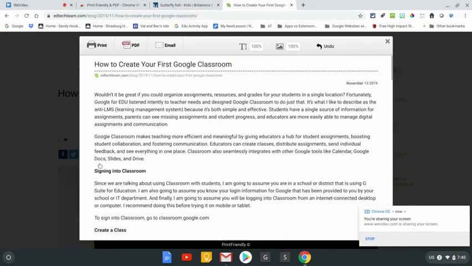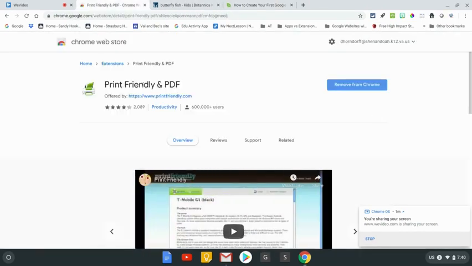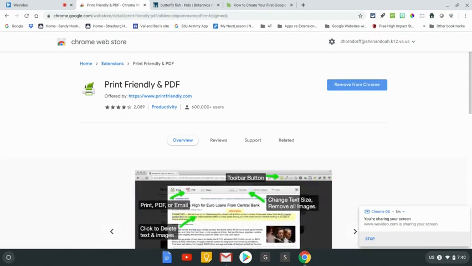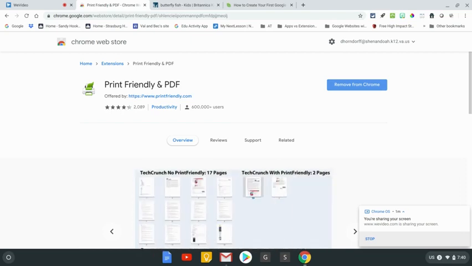And then when you're finished with the article, you have a choice. You can print it to make a nice clean print. You can save it as a PDF, or you could email this out to your students or to whoever you wanted to see this clean print of an article. So this one, once again, is called Print Friendly and PDF, and it's going to clean up an article and allow you to delete images or delete any text that you don't want in the article and be able to print it, turn it into a PDF,